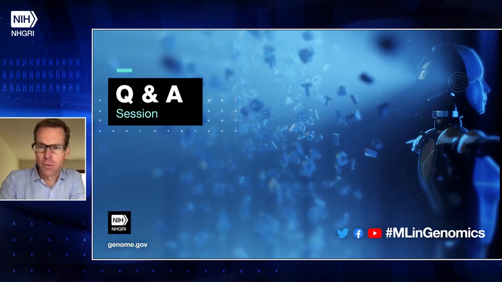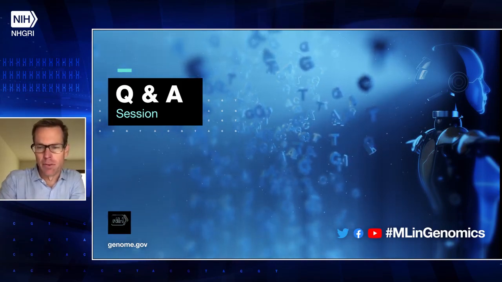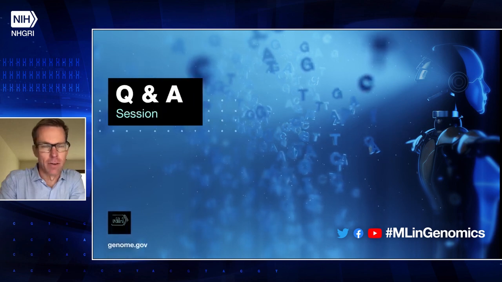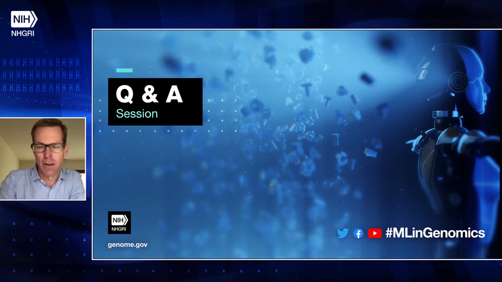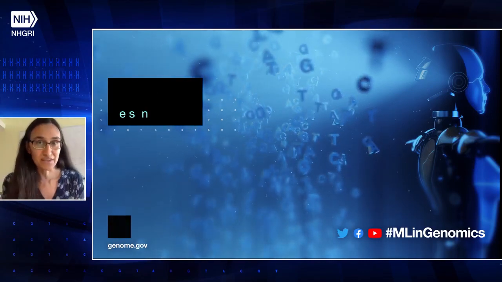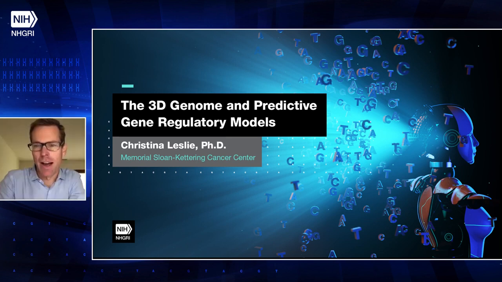How difficult would it be to infer the 3D connectivity when assuming the other features such as epigenomic data and expression data are given or well known? And Christina, maybe we can, just for the benefit of the audience, explain what is meant by the connectivity. The connectivity, like the Hi-C contact map. Yeah, I'm guessing what they mean is the Hi-C connectivity from this question.